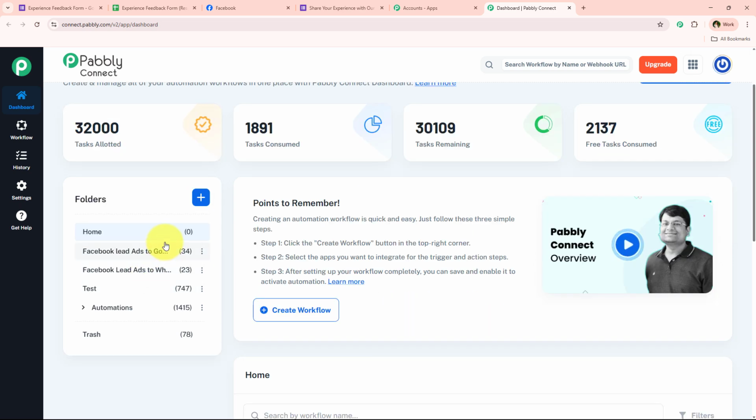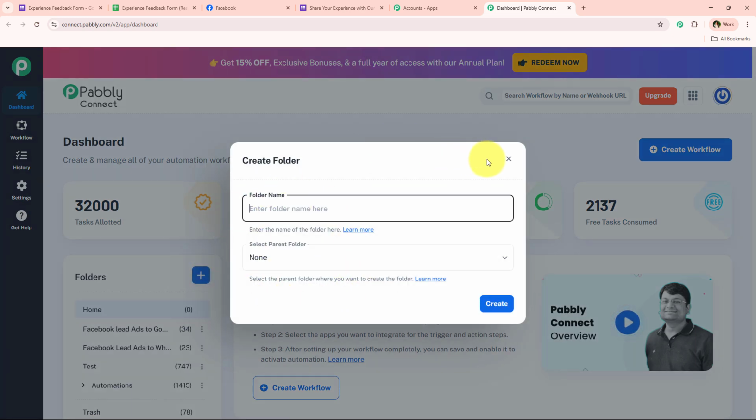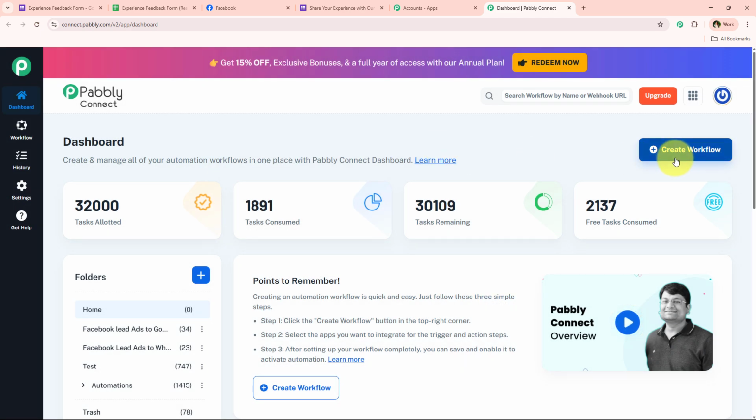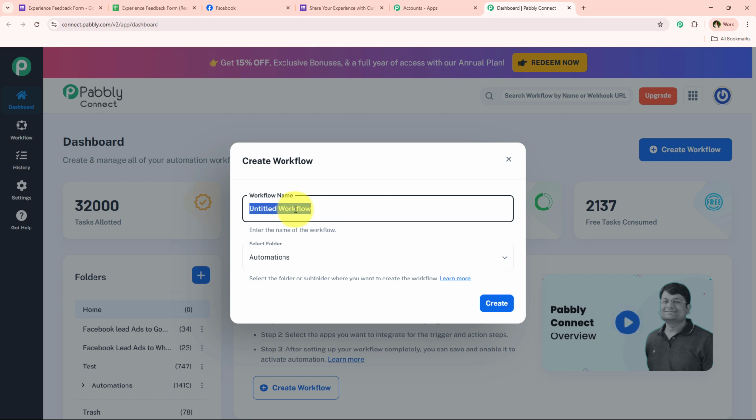So over here on my dashboard you can see multiple folders which I have already created in which I save my workflows. If you also want to create a new folder, you can go towards this create new folder button and create your own. I have already created mine, so I'm just going to save my workflow in one of these only, which is automations, and now I'm going to name my workflow as this: collect, write and post SaaS testimonials on Facebook